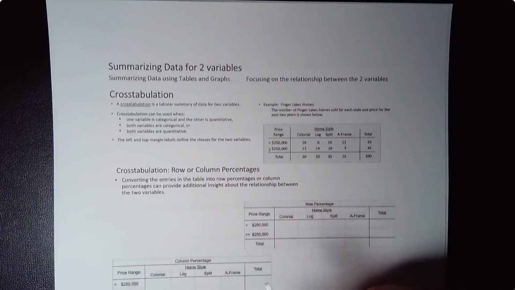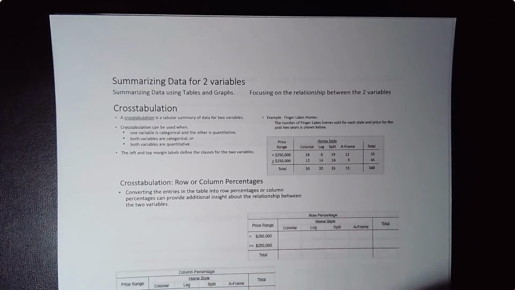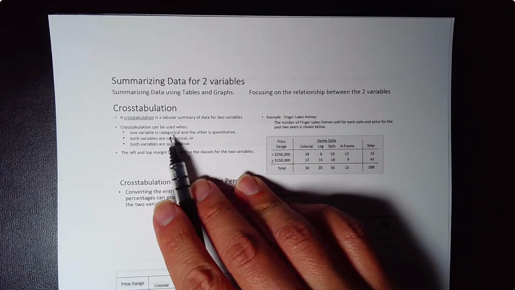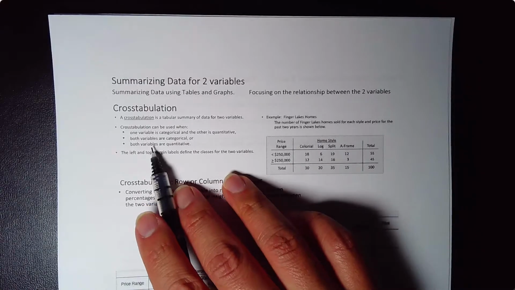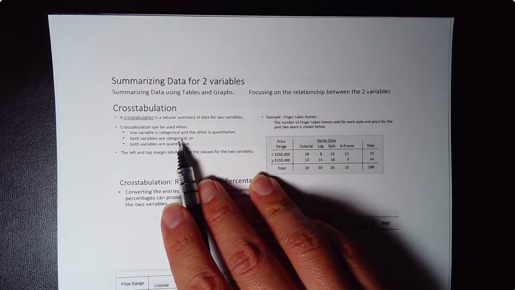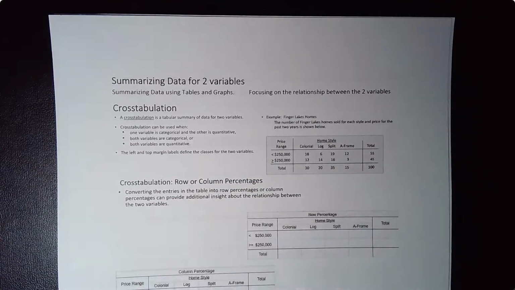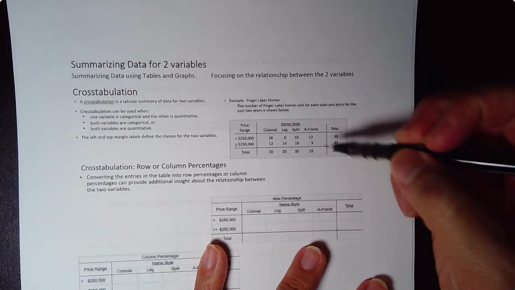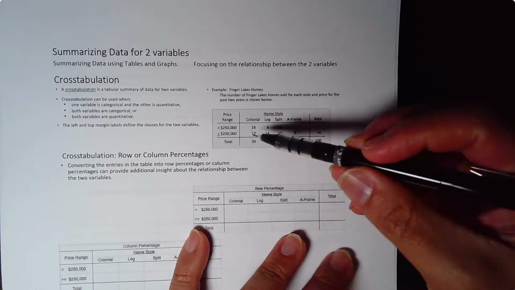concepts here. Cross tabulation. Now this is the most popular method of summarizing a relationship between two variables. Okay, so cross tabulation could be used when it doesn't matter if one's categorical and the other is quantitative, or they're both categorical or they're both quantitative. So it doesn't matter. So first we just organize things in terms of a matrix. So here we have